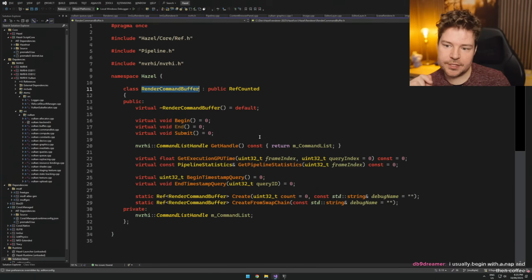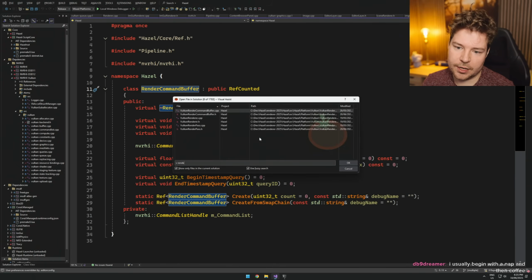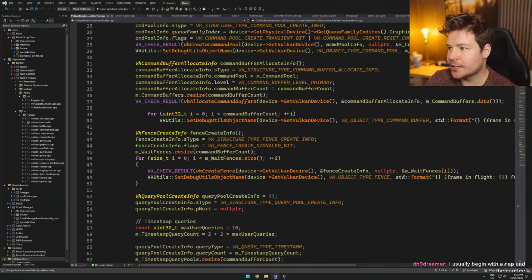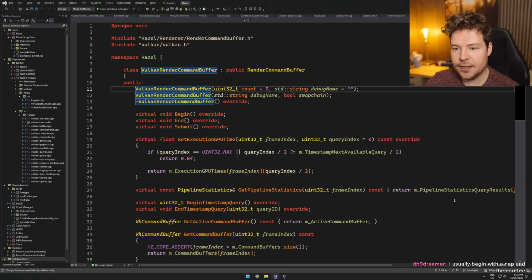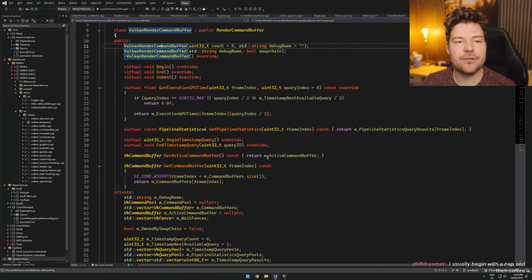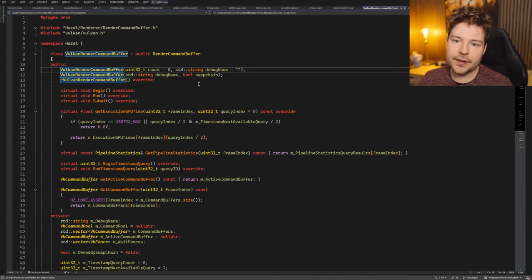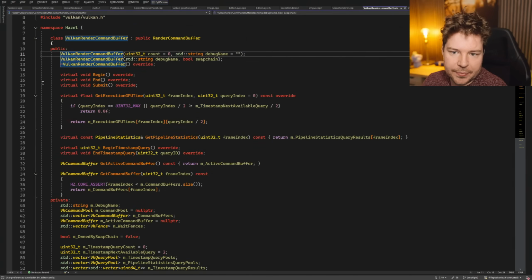So this was something that I wasn't exactly sure how I wanted to port to NVRHI, because we used to have a Vulkan render command buffer, and it's a decently big class because command buffers are how you tell the GPU to do anything really. So the Vulkan render command buffer class inside Hazel,